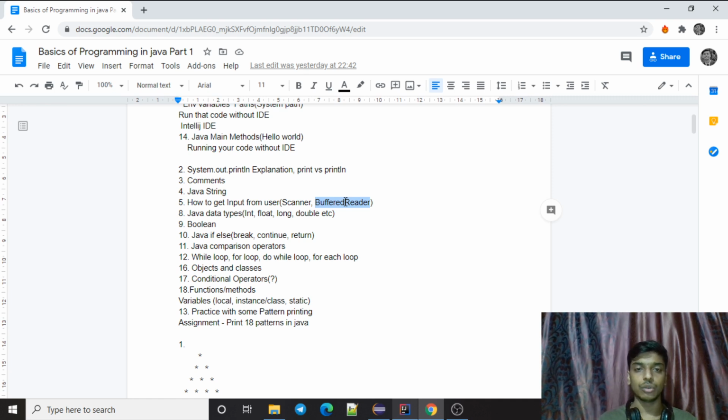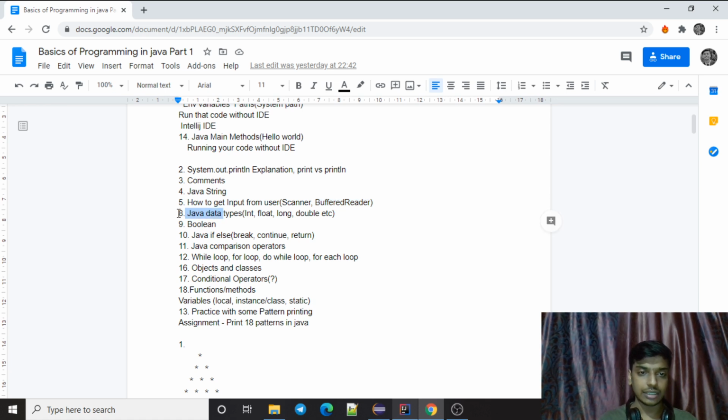Then we'll discuss BufferedReader a little more. I already showed you BufferedReader in the previous session, but that was very precise. We'll dig a little deeper into BufferedReader because I will really recommend using BufferedReader rather than Scanner because of multiple reasons. I'll discuss what those reasons are.